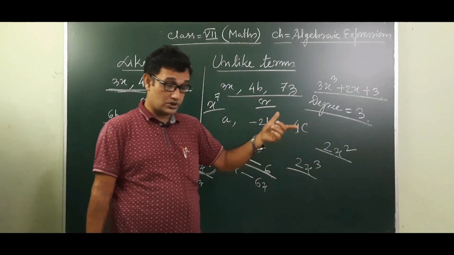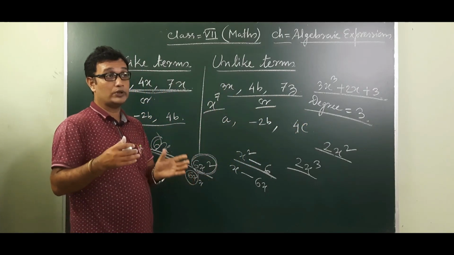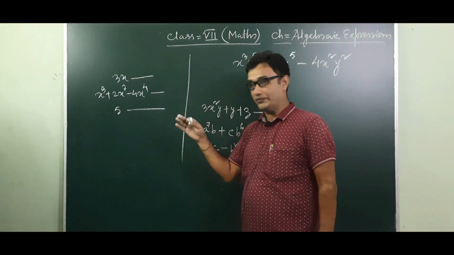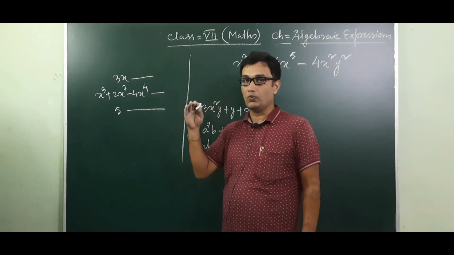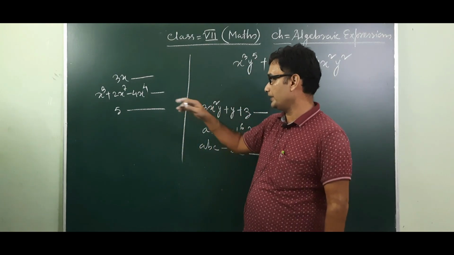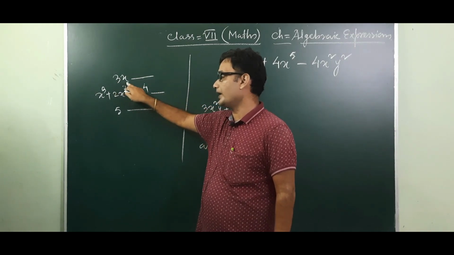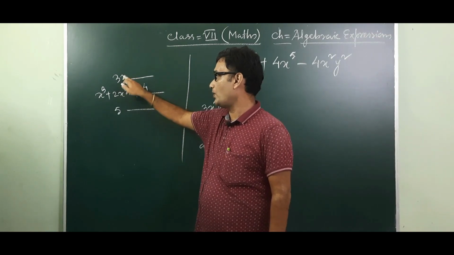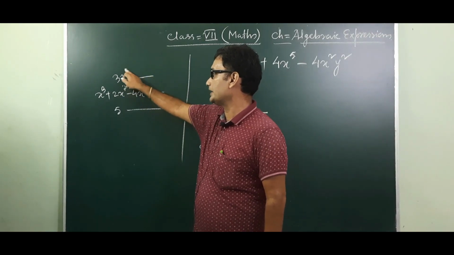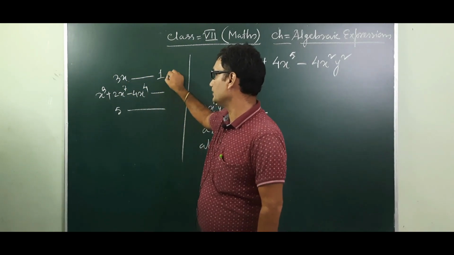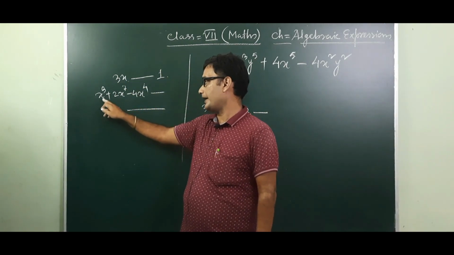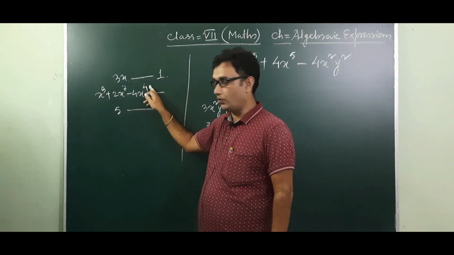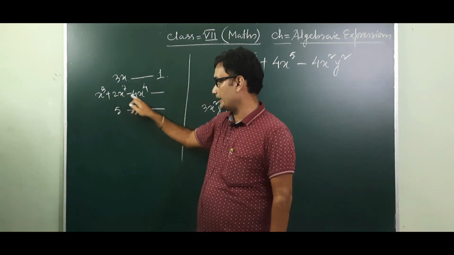Now next I'll teach you if more than one variable is there. I told you before that if only one variable is there in your algebraic expression, then how to find out the degree. Suppose you see this expression 3x, this is a monomial, here only one variable x, so the power of x is 1, that means the degree of that algebraic expression will be 1. Then now you see here x cube plus 2x to the power 7 minus 4x to the power 4. So here the variable is x, x, x.